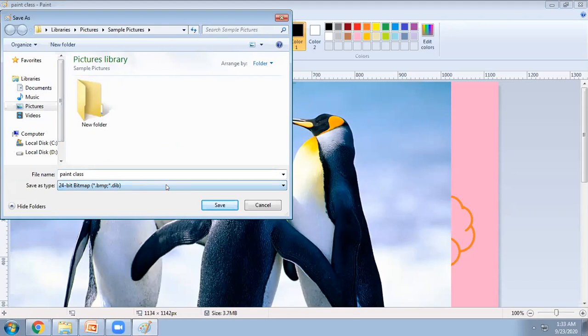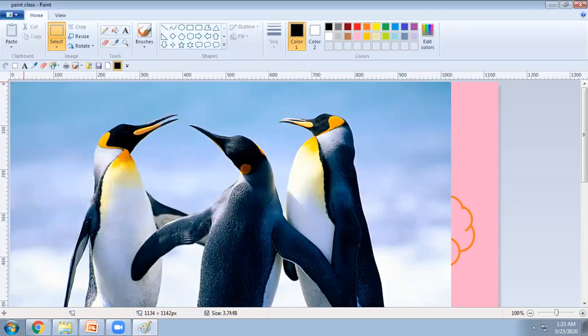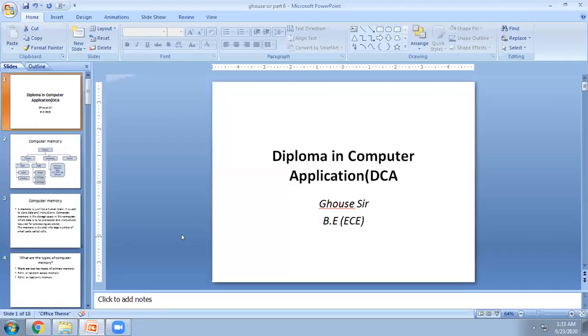Okay, so we have seen this, so I will remove this. So I will come to today's class. In today's class, we will deal with the memory of the computer.